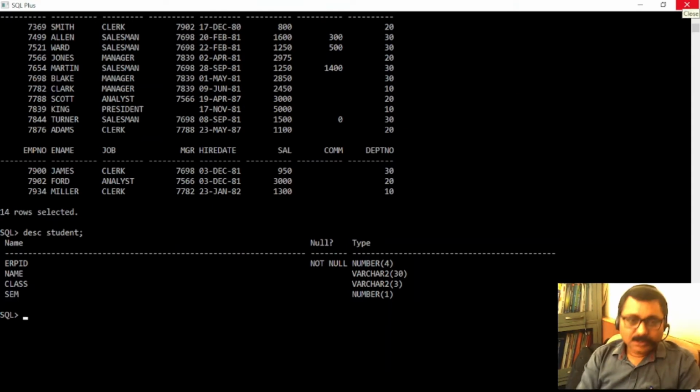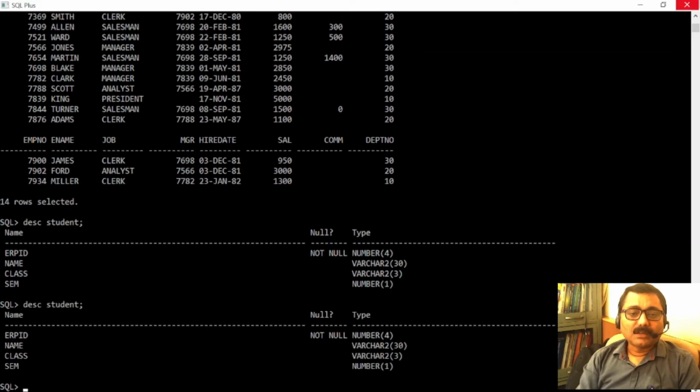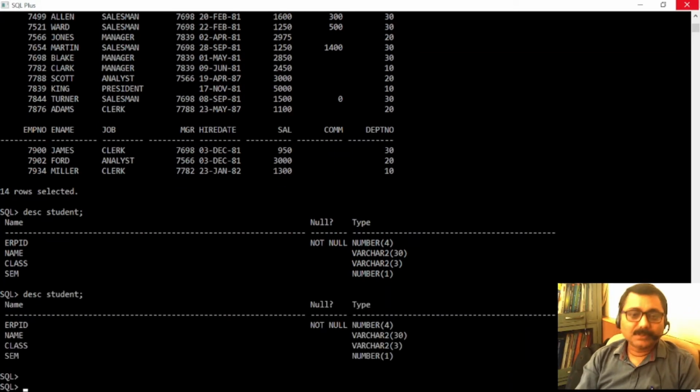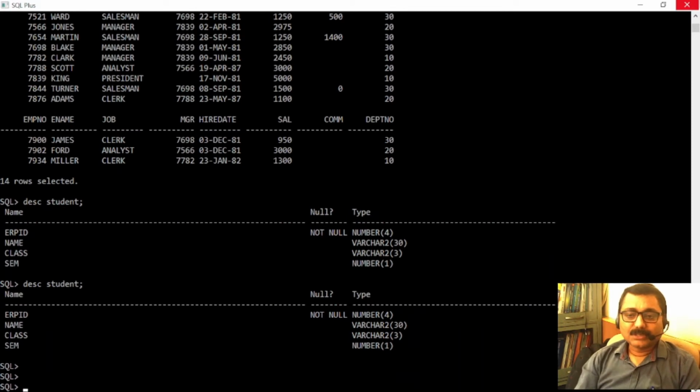As you are able to see, we have already created a table student, and we'll take this table for doing hands-on on the check constraints. I'm going to create a table, and while creating this table we'll add check constraints. So I'm going to recreate the table with some other name.